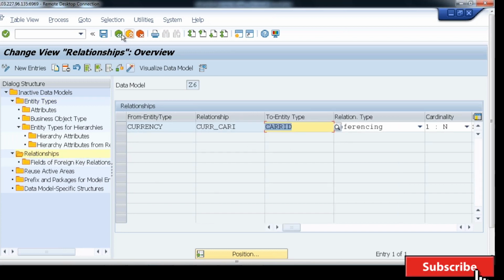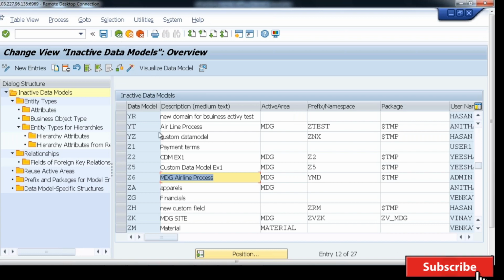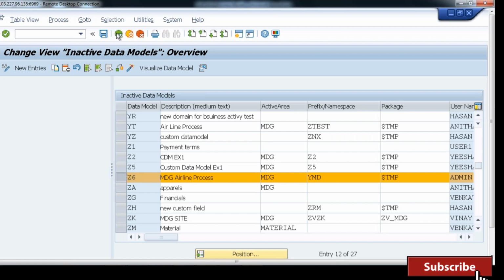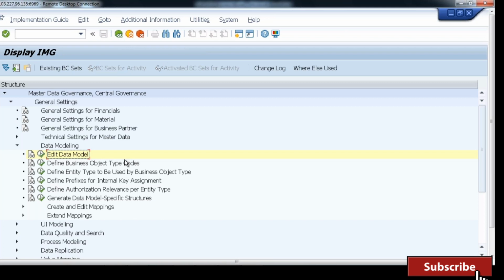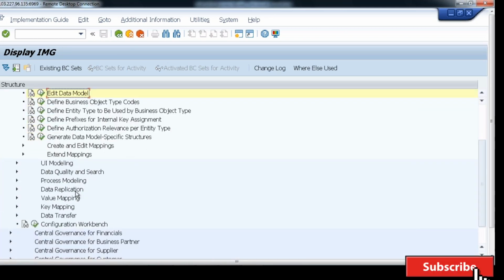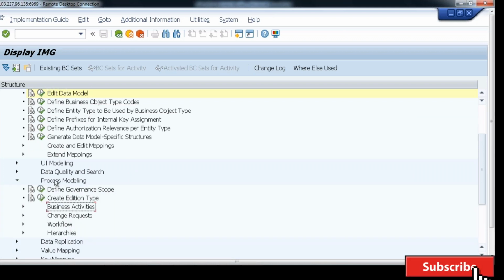Okay, so this is the model which we have. Now, with respect to this model, we will create the process model. So come out from there and then go to the process model. Under the process model, the first thing you can see is define the governance scope. So if you see here what kind of governance scope we have,